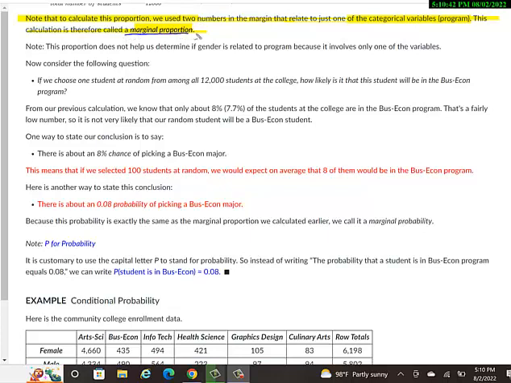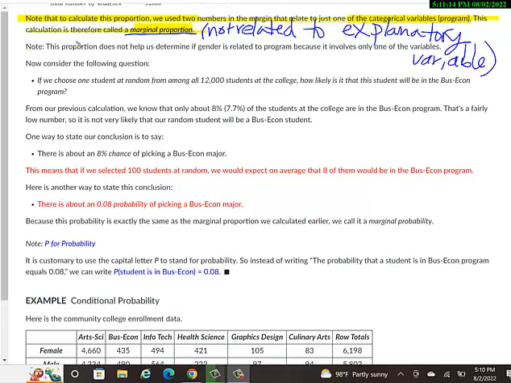So that might be a good thing to write down, just in case. Now, marginal proportion, it means it's not related to the explanatory variable, I guess. No. Oh, yeah, related. Note, the proportion does not help us determine if gender is related to program because it involves only one of the variables, not the explanatory variable. Or not related, I guess I should say in the definition that we wrote, not related to the explanatory variable